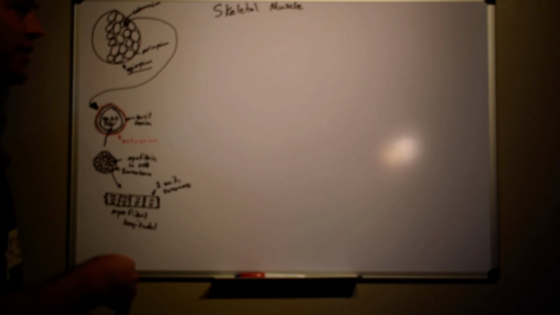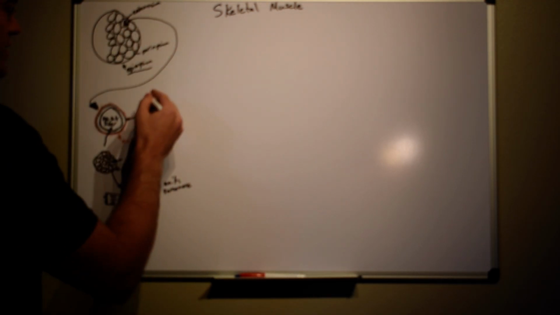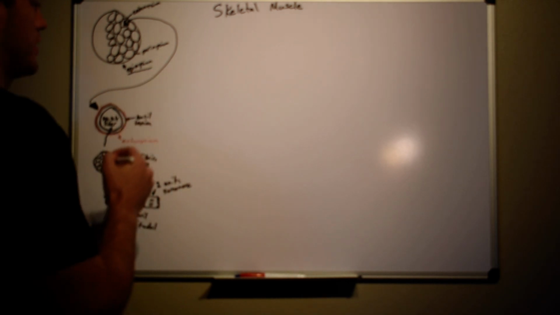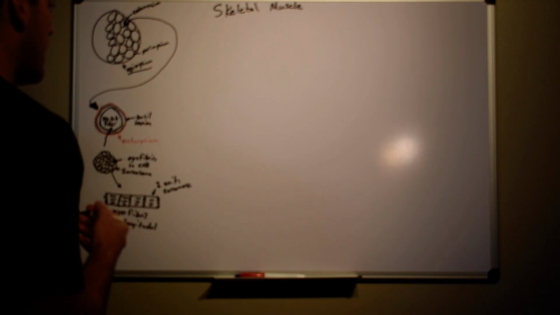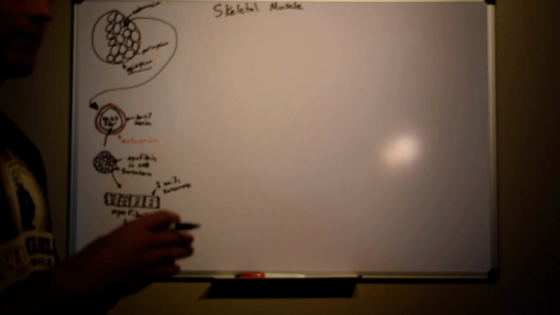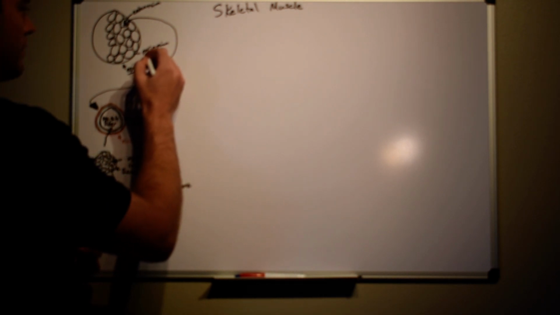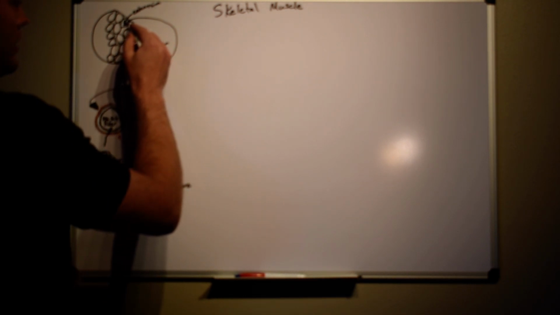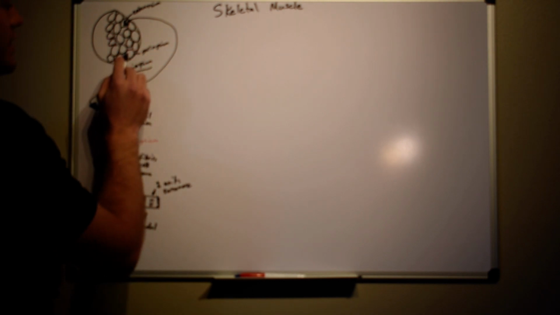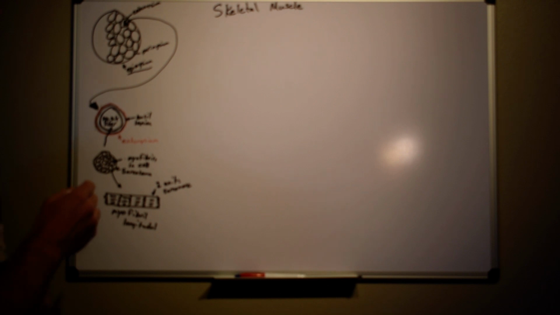So outside the entire muscle, outside the entire bicep for instance, would be the epimysium. So that's a covering of collagen. And then dividing bundles of fibers or bundles of myofibrils is going to be the perimysium. Okay? And if we went one level deeper, we'd see in these bundles that the perimysium surrounds, there's individual